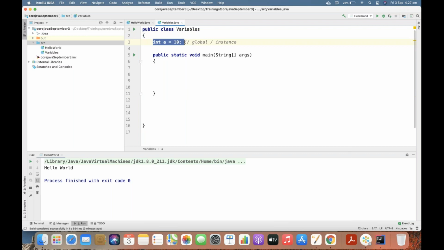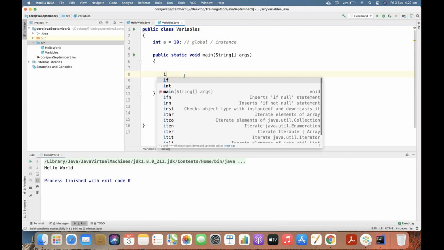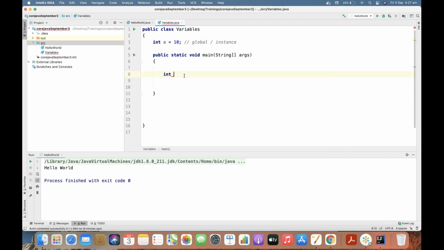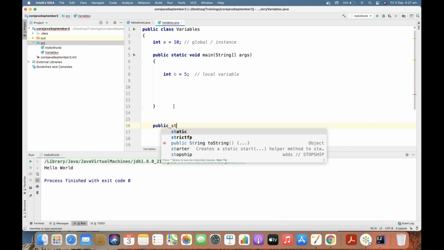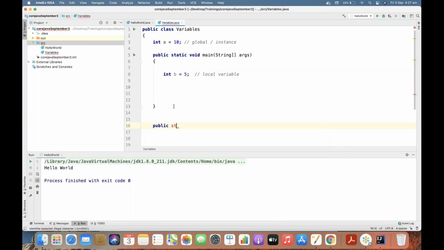Then if you declare any variable inside the scope of the method, this is called a local variable. Any variable which is declared inside the scope of the method. I'm just creating some methods of my own. Later on we'll see methods in detail. I'll say public static void method1.